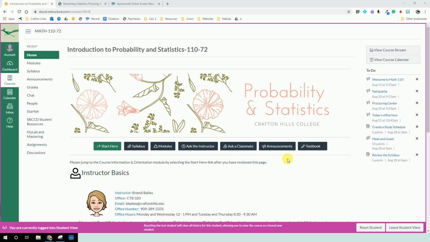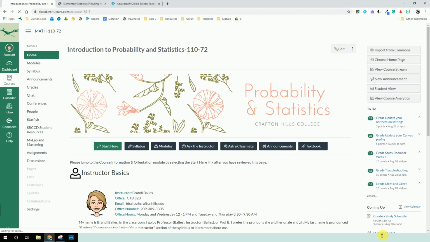So right now I'm in Student View. Student View doesn't actually have a link to my MATLAB. Only my instructor account has a link to my MATLAB. So I'm going to have to leave it. This is what it should look like for you. Then leaving Student View, this is what it looks like for me, and if I select this textbook link, it